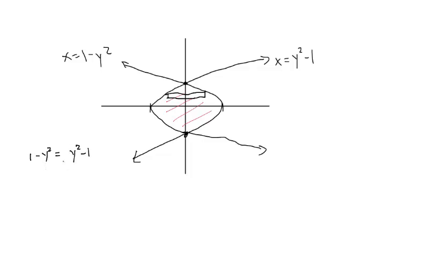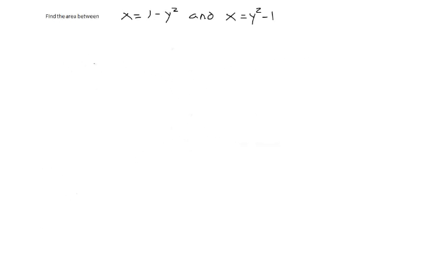I'm going to add y squared to both sides and add 1 to both sides, giving me 2y squared is equal to 2. And then y squared is equal to 1 when we divide both sides by 2. And then y is equal to plus and minus 1. So we know that this is positive 1 and this is negative 1. So we're integrating from negative 1 to 1. So we have area is equal to the integral from negative 1 to 1 of 1 minus y squared minus y squared minus 1